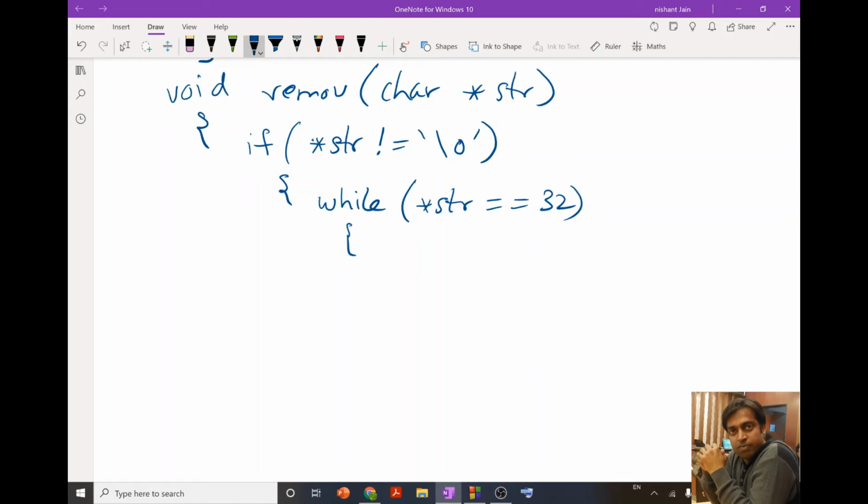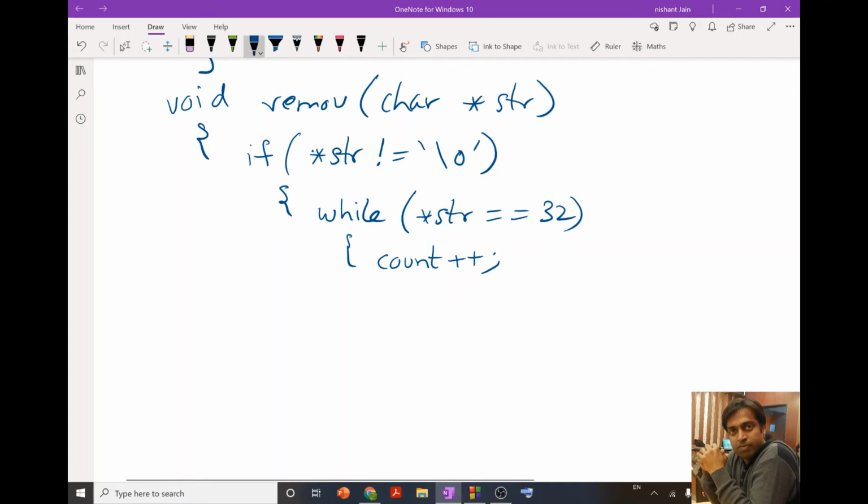If it is equal to 32, then we will increase the counter by 1. Since we have to use the count, in the starting of our function we will declare a variable count with value 0. If it is a space, we increase the value of this counter by 1. At the same time we increase this pointer, str plus plus.